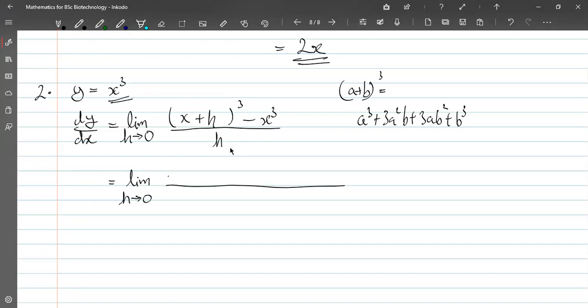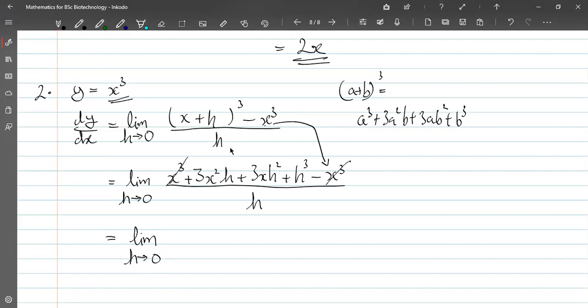So here it is x cube plus 3x square h plus 3x h square plus h cube, minus x cube, divided by h. You can cancel x cube here. So what remains is